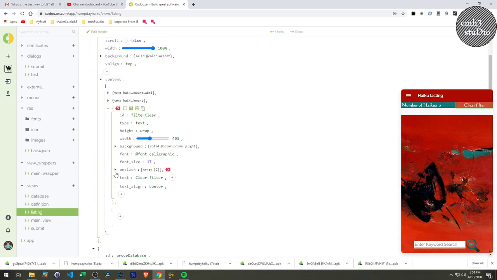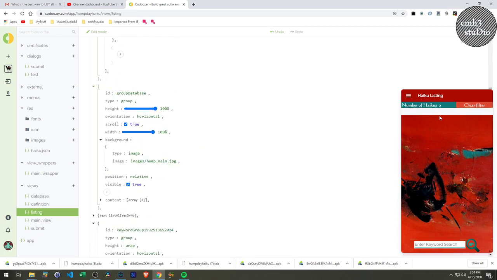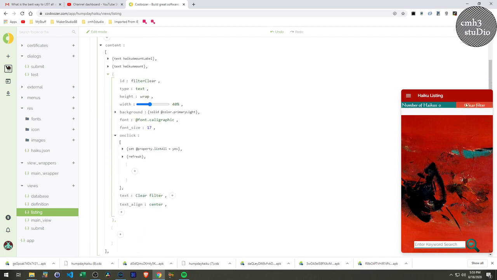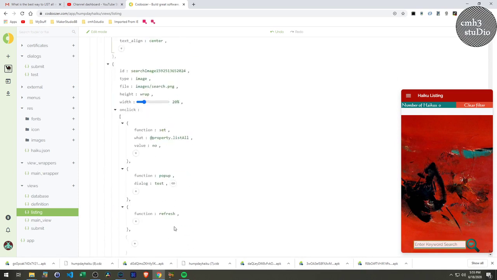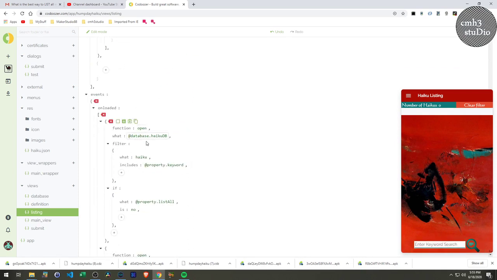Alright, so I just say when this button is clicked, on click, set the property list all to yes, and refresh the screen. And that's all it does. And because I'm doing that, and my event for loaded screen, which is this, on this screen I'm already loaded, it's going to run through these two